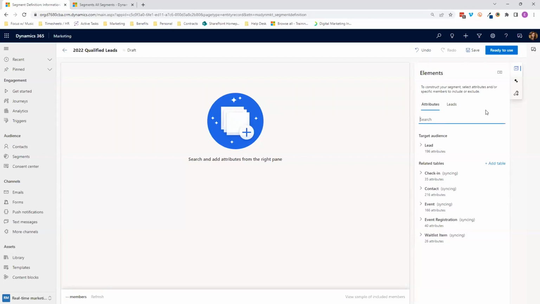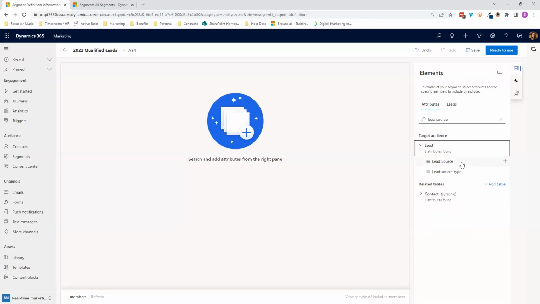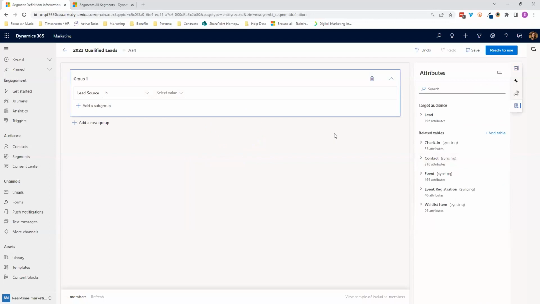So since I want to create a segment of leads that were generated from external referrals, I'm going to search for lead source. And we have it here in the lead dropdown, and we'll go ahead and select that. From here, I can add a subgroup if I want to the attribute. So what I'm going to do is the lead source is external referral. We can go ahead and add a subgroup,